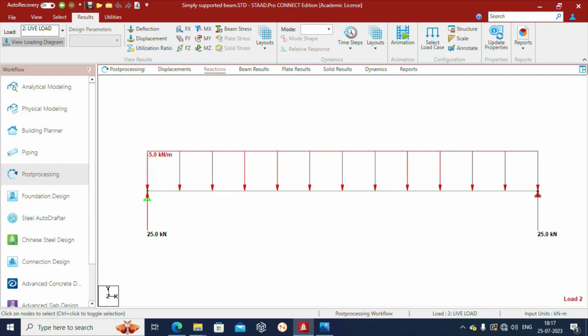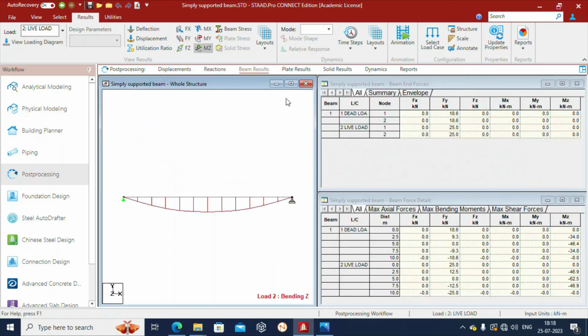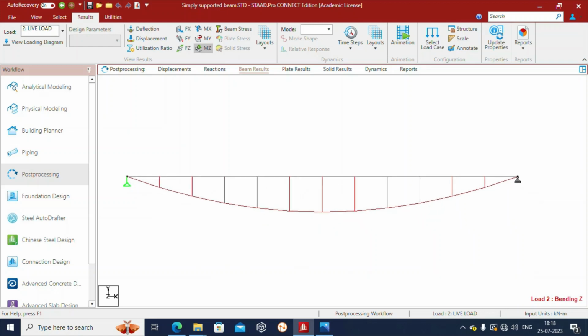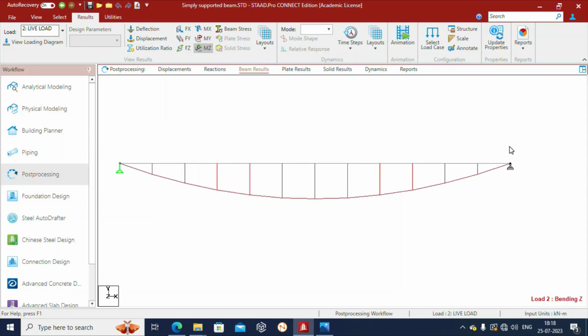Okay, now we will move to the beam results. Here, let us click on this beam result part, and let us maximize this window. Here you can see this is the bending moment diagram of the simply supported beam. Now if we want to know the maximum value of the bending moment diagram, we have to again click on